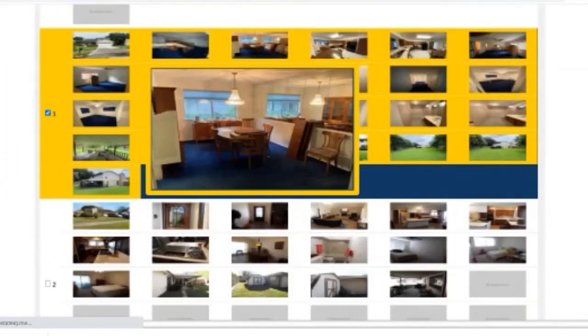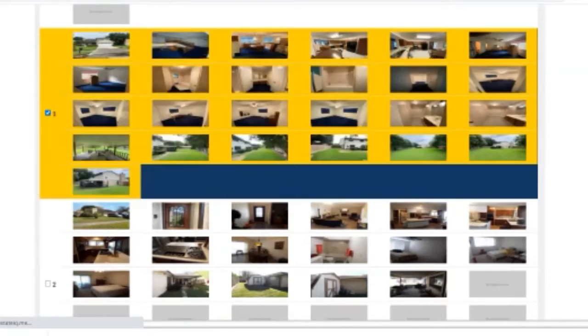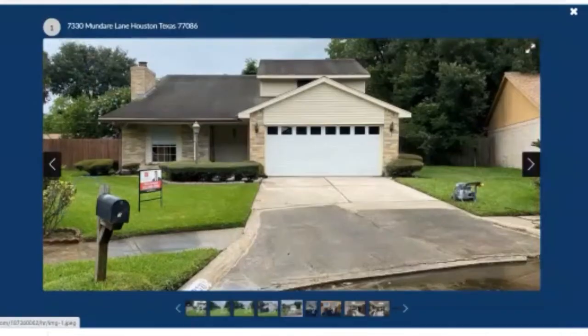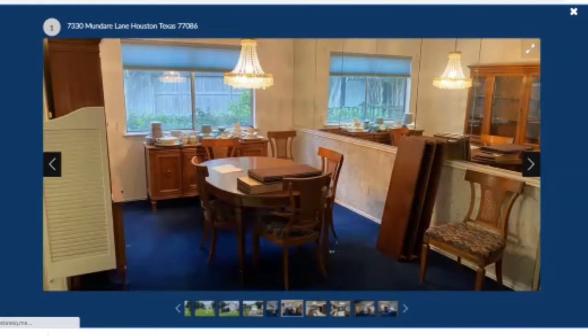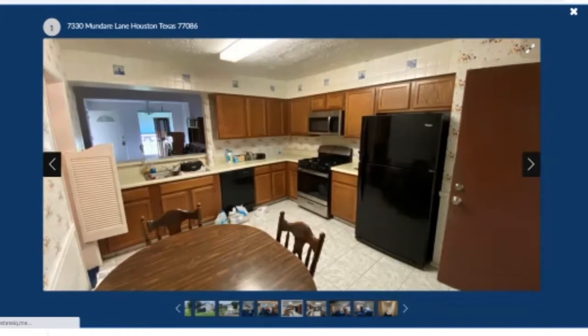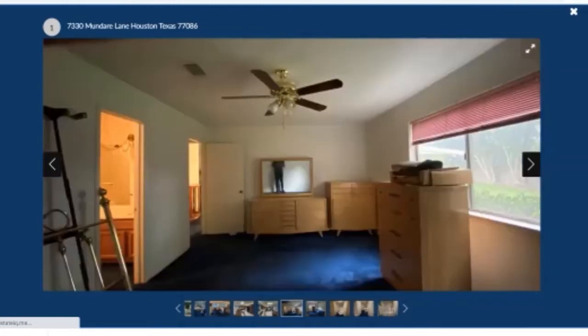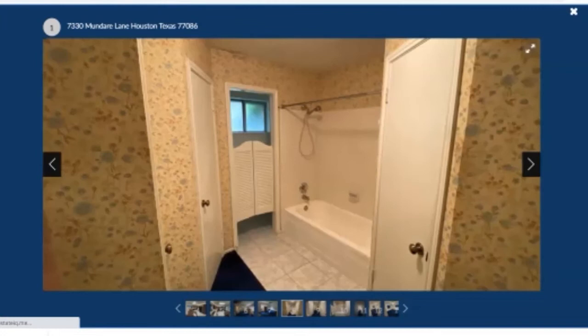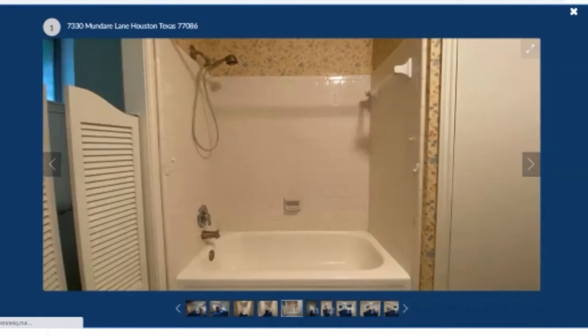But we can look at the pictures of the comps. So here's that first one that they picked. And so I can hover over them and look quickly, or I can select it and look at it in nice HD. So you can see that this one was not updated before it sold, judging by the wallpaper, the chandeliers. Looks like laminate countertops. So you can know that this one brought that price